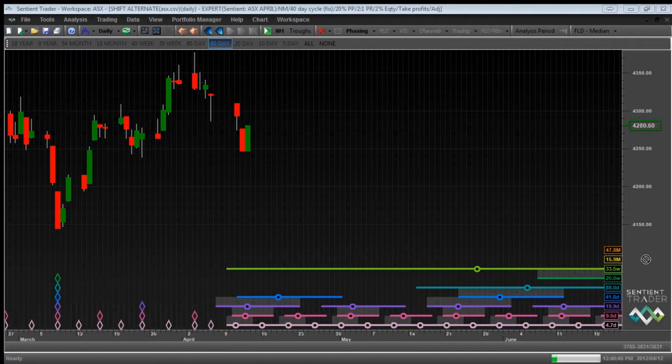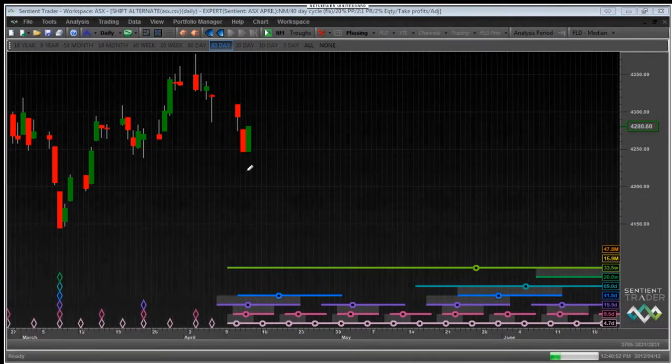But let's do it. What are the 2 cycles longer than the 40-day cycle? Well, the next longer cycle is the 80-day cycle. So in which direction is the 80-day cycle going to be pushing the market in the period of time in which we're considering taking a trade? Okay, it's important that you're clear about that. We are considering entering a trade